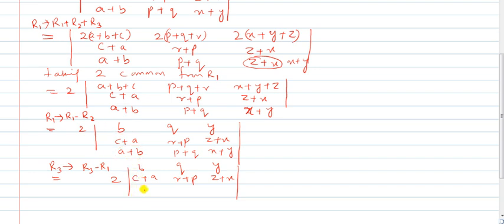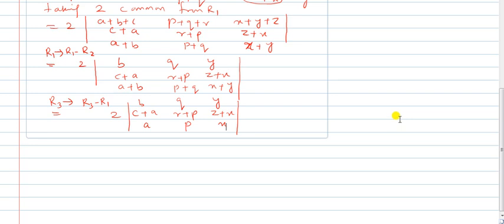A plus B minus B, it will be left only A. Similarly P plus Q minus Q, it will be P. X plus Y minus Y, it will give you only X, right? Now let us proceed further. That is equal to